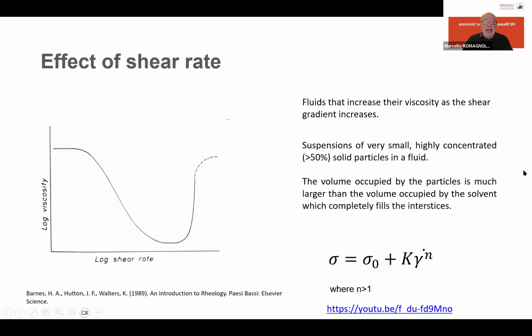We can design the rheological behavior of the suspension, considering the kind of process that we have. Attention, because we have said Newtonian, non-Newtonian, and so on, but the behavior depends also on the shear rate. We can see, for example, at low shear rate a quasi-Newtonian behavior, like in this part. After it becomes non-Newtonian, but at very high shear rate it becomes shear thickening, so the suspension does not always maintain the same behavior at all shear rates.